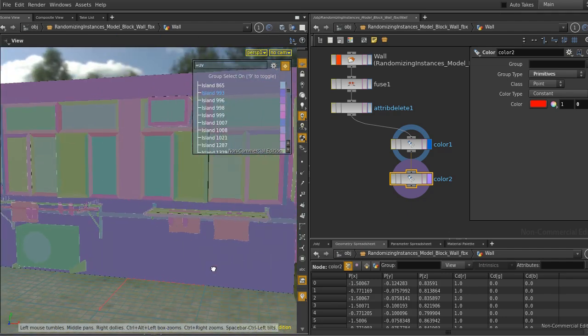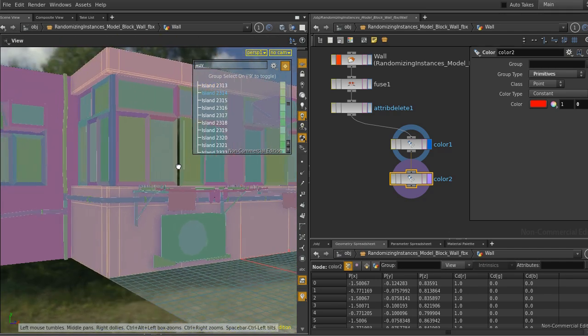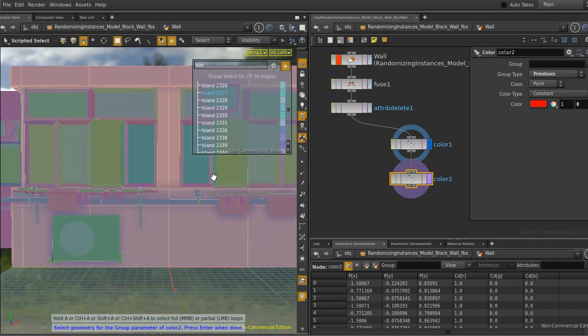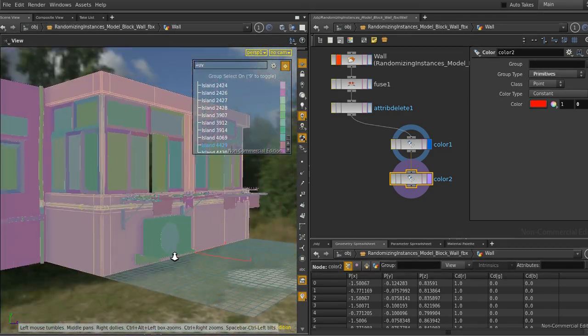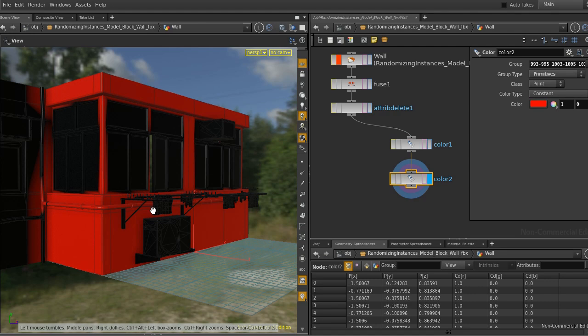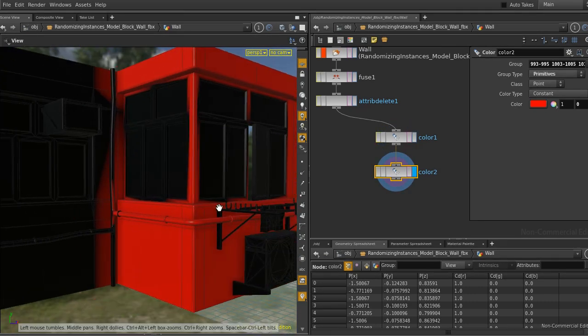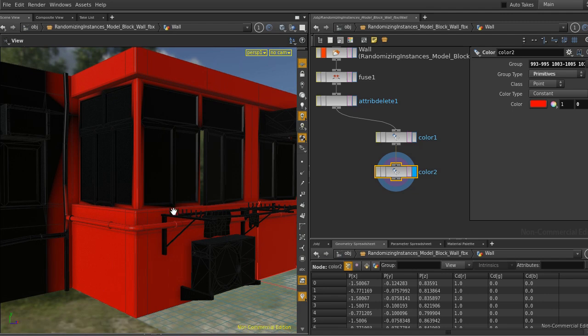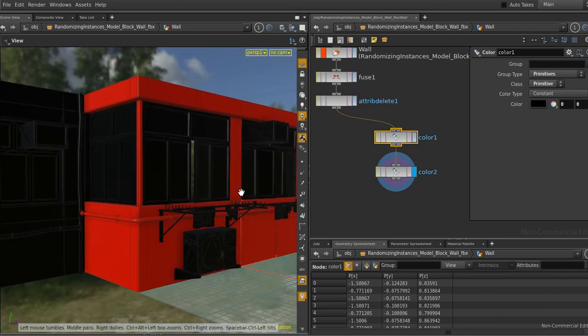Here all the islands are designated for me. I choose this one, and the middle ones. Okay, great. Now my vertex color is bleeding to another wall because they are connected, the vertices. So I can change the class to primitive and it is perfectly sharp.